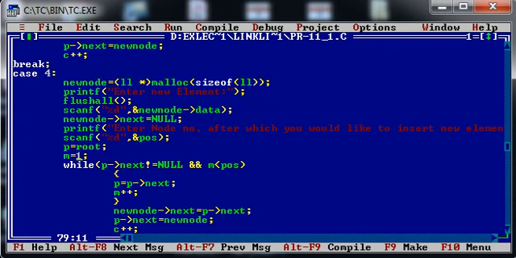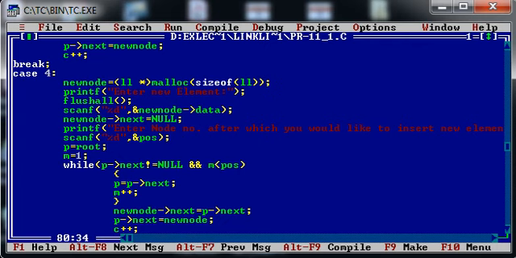So initially the value of m is equal to 1. If the position is greater than m, it means if the position is 2, 3, 4, 5, in that case this loop will get executed.